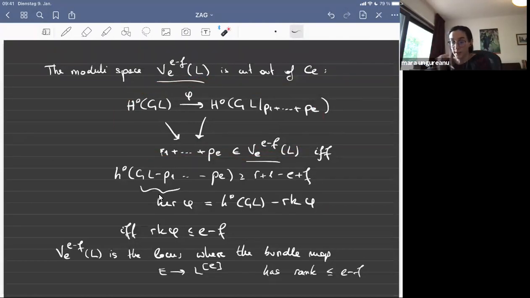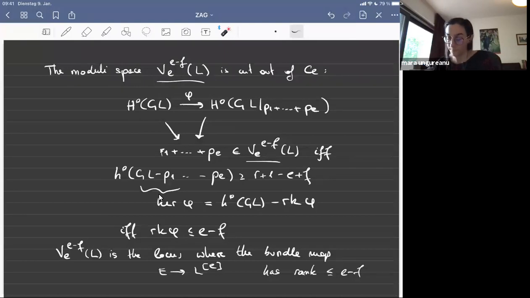So therefore, if the bundle map, the global version of this guy, has rank less than E minus F, then the locus where this happens inside the symmetric product is exactly the locus that I'm looking for,